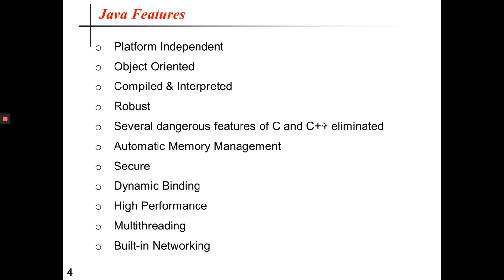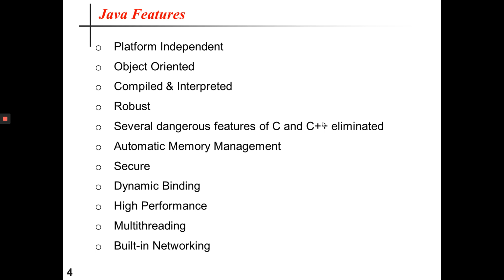Threading, that is multi-threading. Basically, Java supports the concept of multi-threading. It is actually using threads, called lightweight processes, which can easily be spun up to perform multiprocessing. This approach can take advantage of multiprocessors where available. It is great for multimedia displays. Lastly, we have built-in networking. Java was designed with networking in mind and comes with many classes to develop sophisticated internet communications. So that is an important feature of Java.